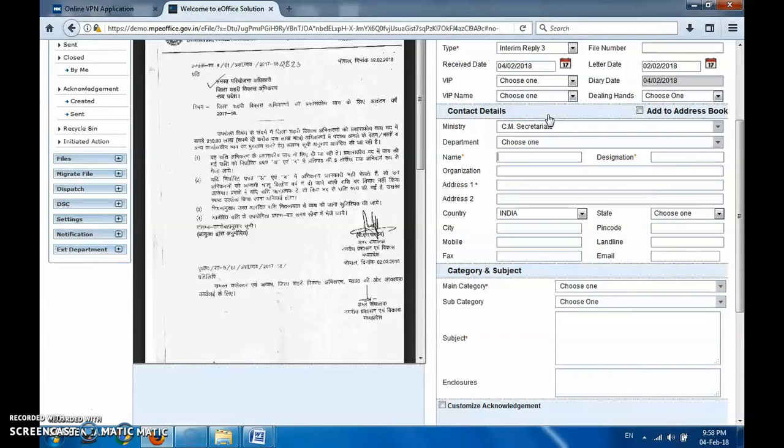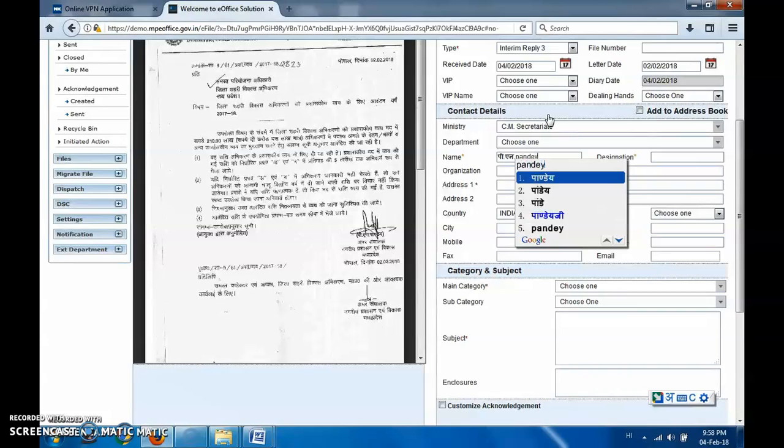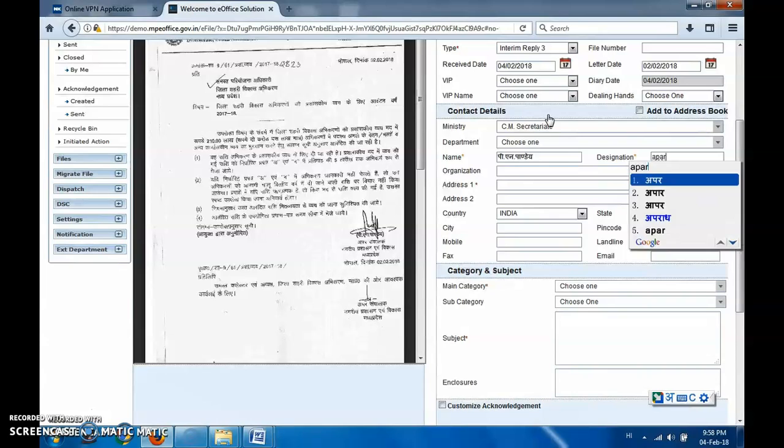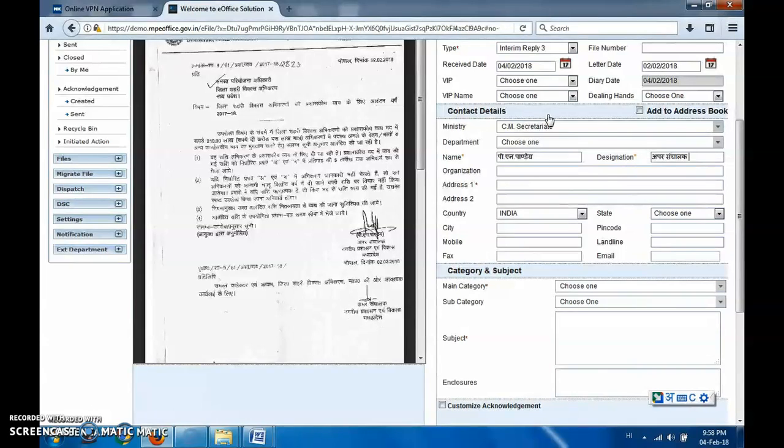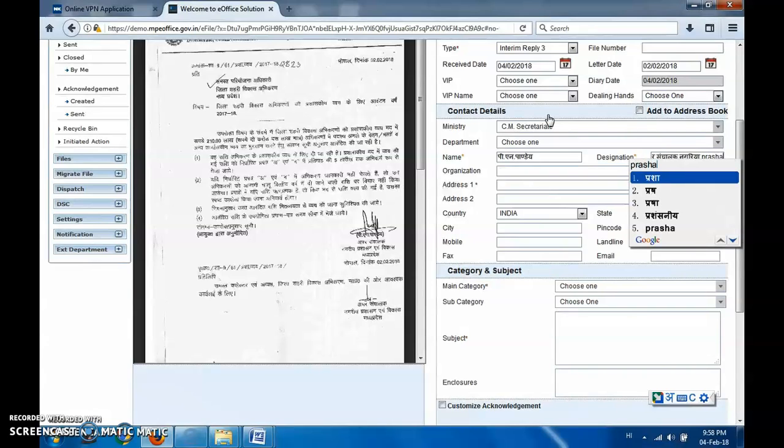You may type this information in Hindi also, but only use Unicode fonts, no other fonts permitted. Otherwise you will be in trouble. Or use English fonts, type in English. Type in Unicode. For now I'm typing in Hindi PN Pandey ji's name, who has sent the letter. In designation, write his designation, Upper Sanchalak Nagariya Prashasan. For English viewers, they can type name and designation as usual, not a problem.